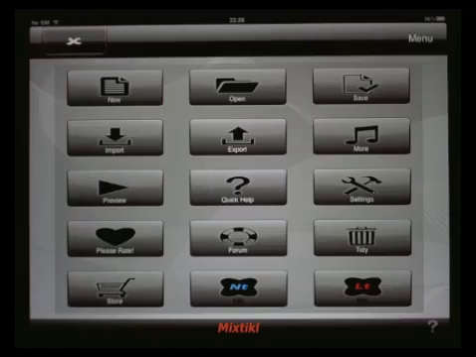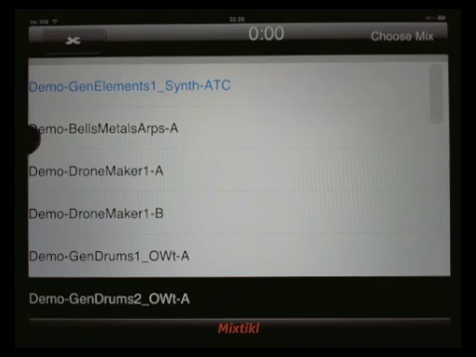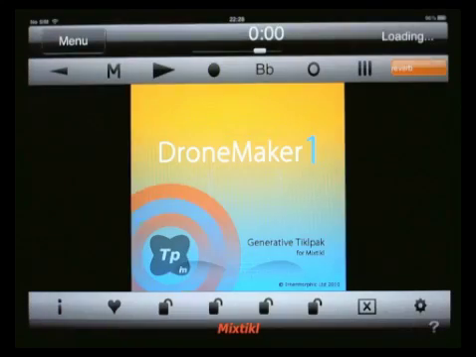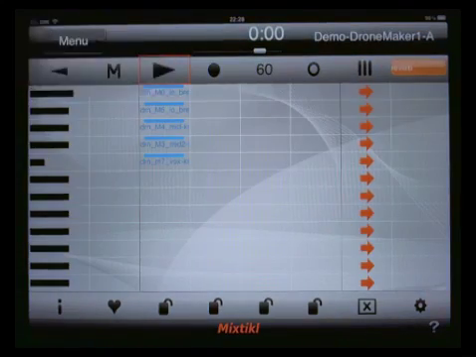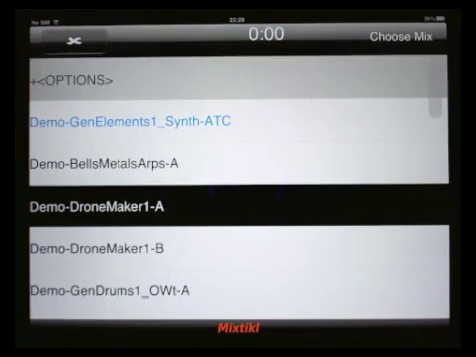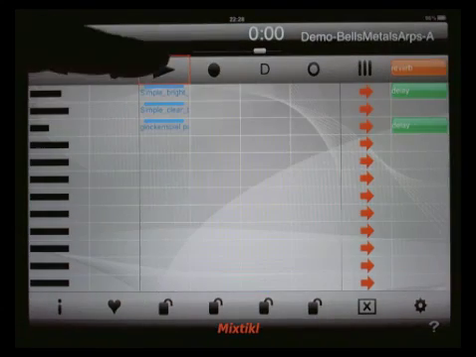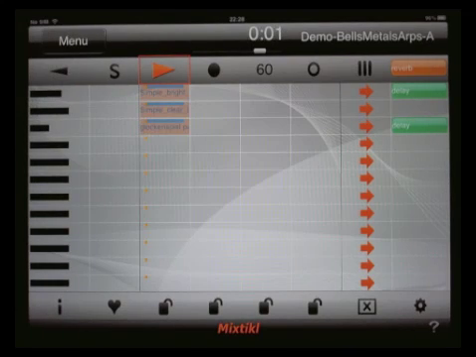So let's just get some mixes to load up. We can either create a new one or we're going to open one. We've got a list, and the ones in blue are the ones that we've saved, and the ones in black are the demo ones. If I load up, say, a drone maker one here, and we play that, we get going straight away, and we can hear a nice drone maker mix. Or we can load up another one, say this one here, a new pack, Bell Metals ARPs, and this is very nice,